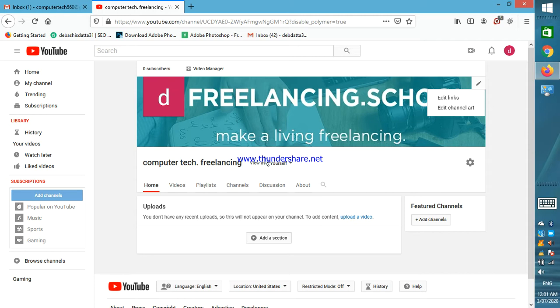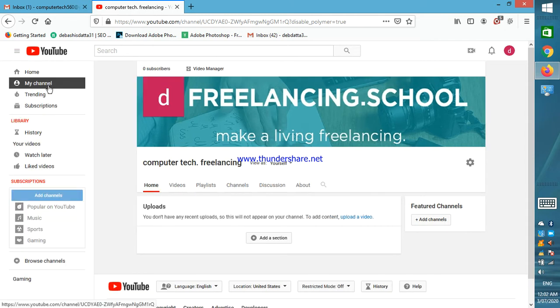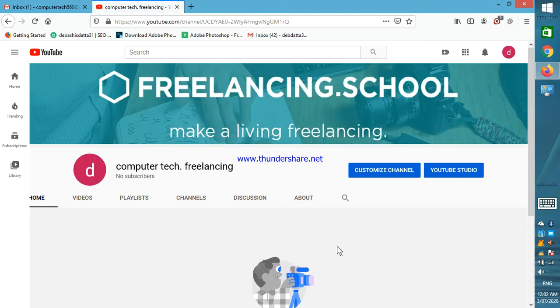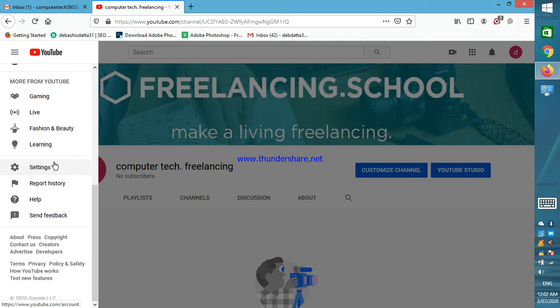So after this, you can see these three lines in the left top corner. So once you click, the icons will be minimized. Once you click again, then the icons will come here. Okay, so once you click my channel, so see, it will come to the previous page. So you click again and you go to settings. You can see settings here. You click here,